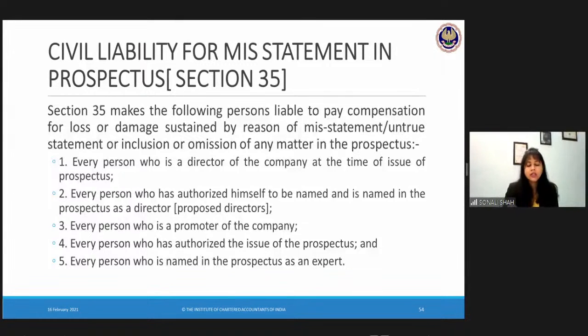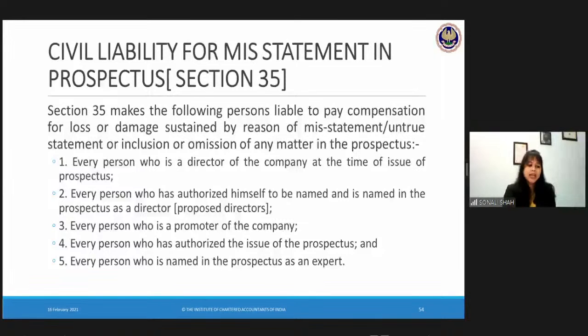So Surya, the situation is whenever the section says that the person or the officer in default will be punishable for fraud under section 447, then 447 will be applicable. So throughout companies law, wherever liability of fraud is affixed, section 447 comes into picture.